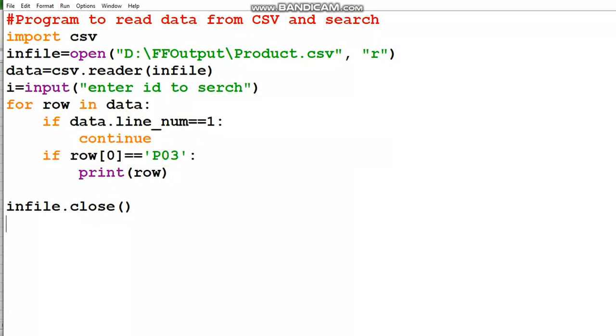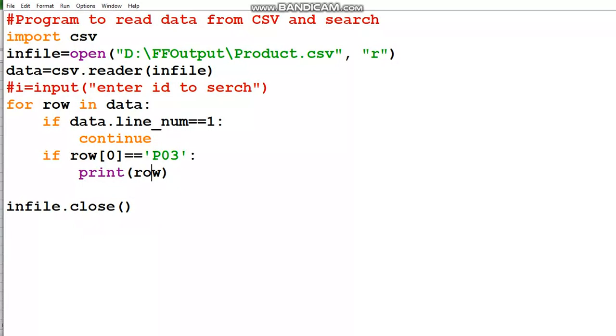First I'll show it with P03, then I'll go for some modification in this program. We'll do this later on.